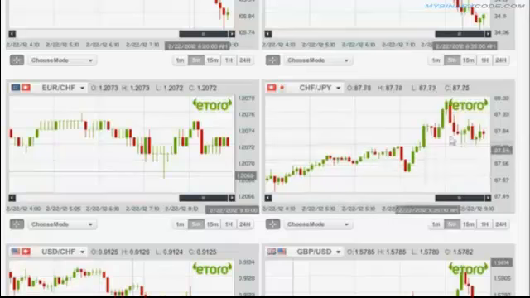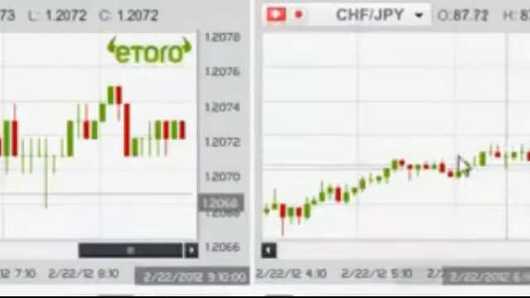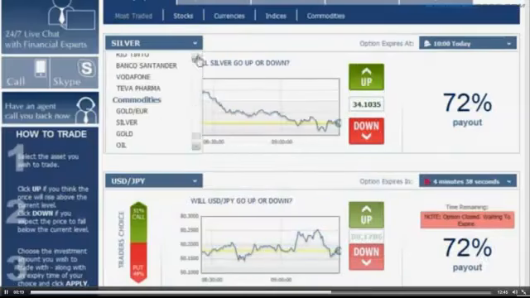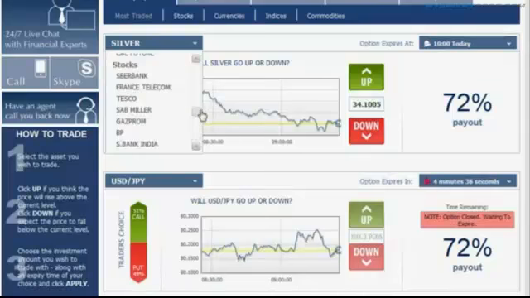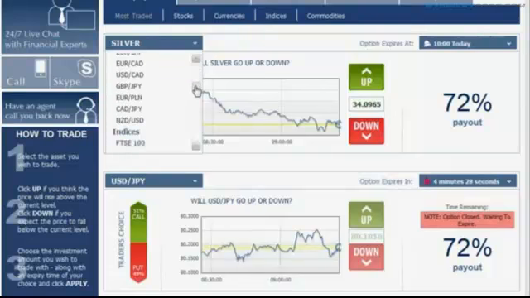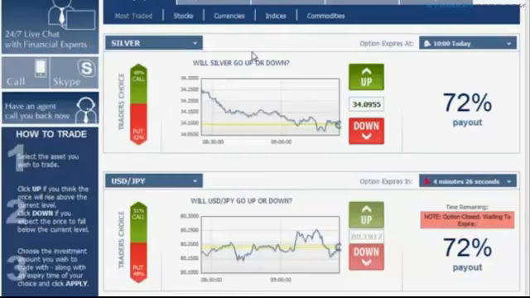yen. It's a very beautiful clear trend line starting from this point going all the way up here. So it's a positive upwards going trend. We go back to the platform and look for the CHF versus the Japanese yen under the currencies. And if I'm not mistaken, I believe we do not have that currency in this platform. So apparently I don't have the option to trade on this platform, but it's okay since I don't have that